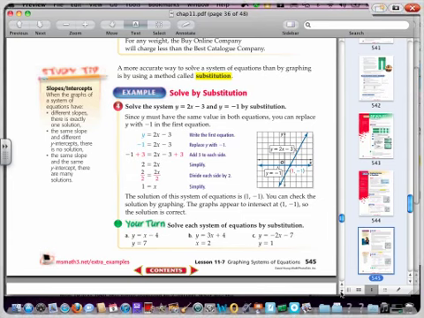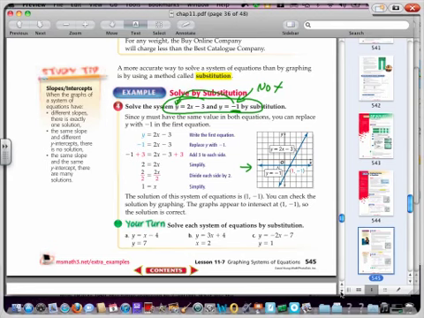So let's say we have these two graphs, or these two formulas. y equals 2x minus 3 and y equals -1. What we want to do is substitute in a value so that we can replace it and solve for the other one. So for instance, look at this one. Notice that there's no x in here. That's a little bit different equation than what we had before. But we do know if we look at our graph, y equals -1 is going to give us a straight line going across. But what we can do is take this and substitute it into this equation